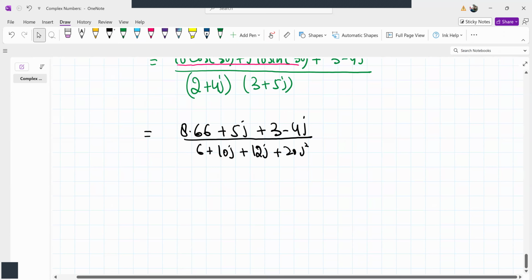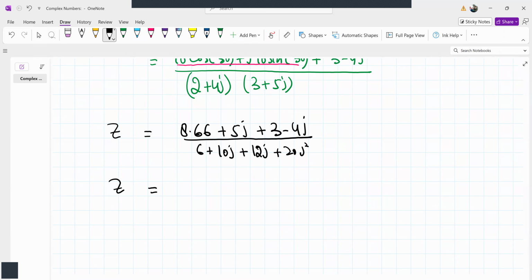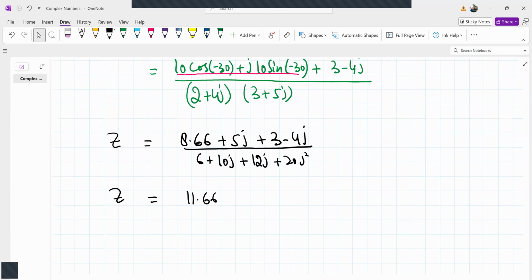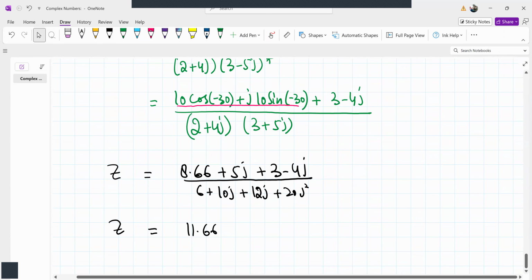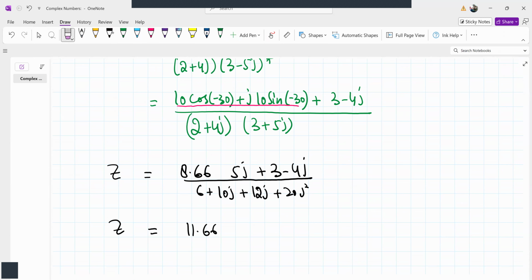Okay. Now we can write this as, so this is our z. Z is 8.66 plus 3 is 11.66 plus, is this correct? So this should be minus here, because we have sine of -30. Sine of -30 is minus 0.5 multiplied by 10 is 5. Okay. So minus 4 minus 5j is minus 9j